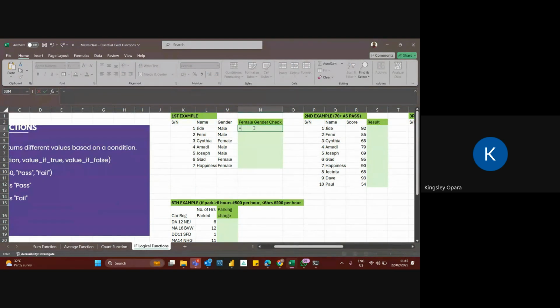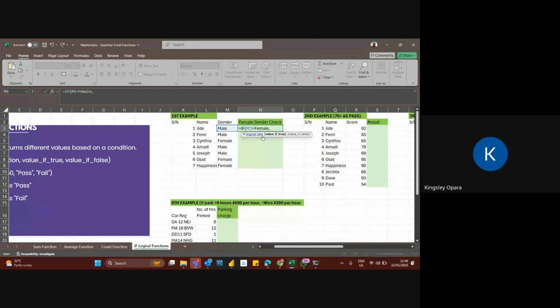I'll start by hitting my IF, then select the gender. If the gender here, which is M3, this cell is known as M3. Why? Because this is M3. All right, this is how cells are named, by the column name and the row name. So M3, if M3 is equal to female, all right, comma. Now that is the logical test. You can see the logical test is what is in bold at the moment. So that is what we are currently writing, the logical test, comma.